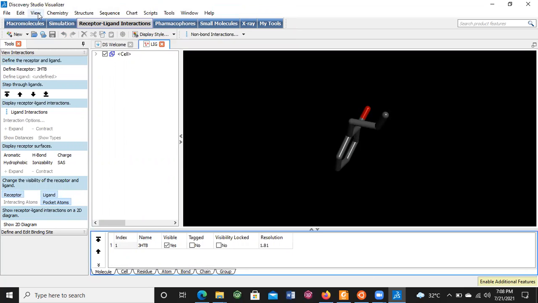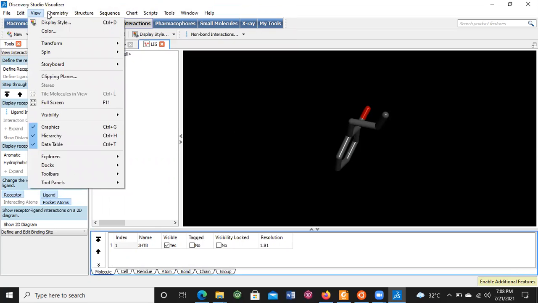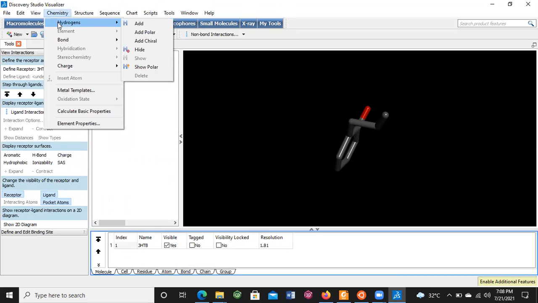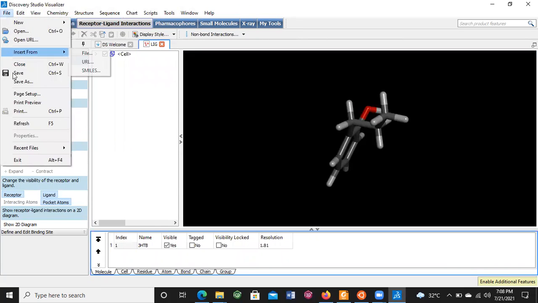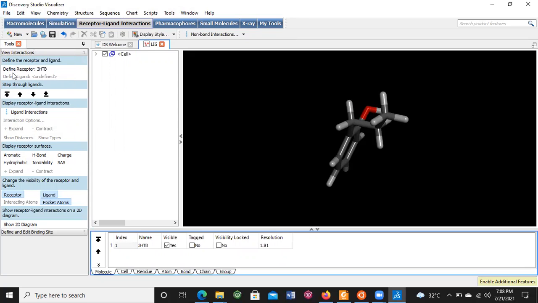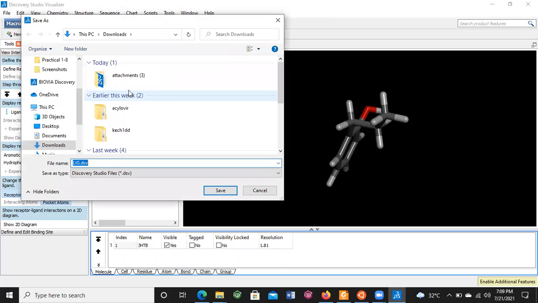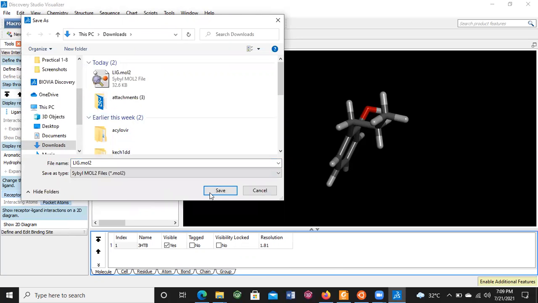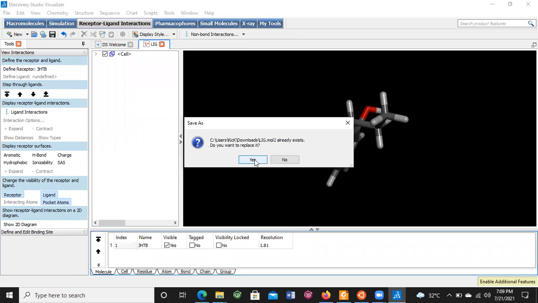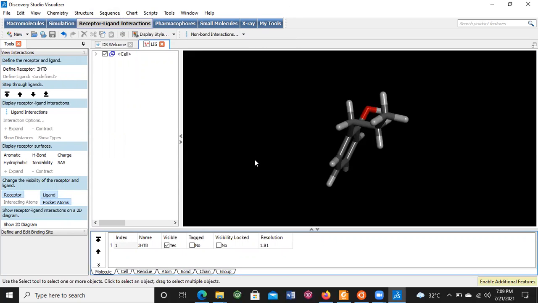Go to the chemistry tab, then hydrogen, add hydrogen to this, and save the molecule. Again the format will be mol2, and replace the previously saved file. Now close Discovery Studio.